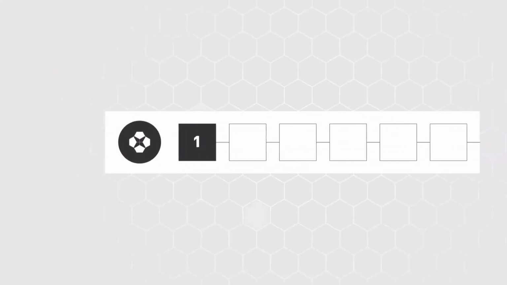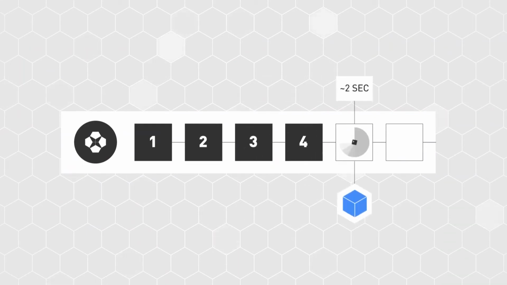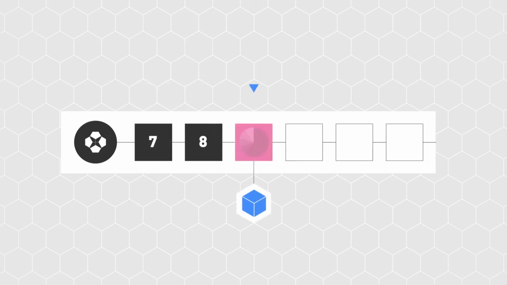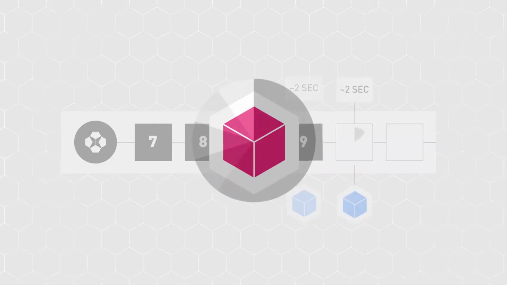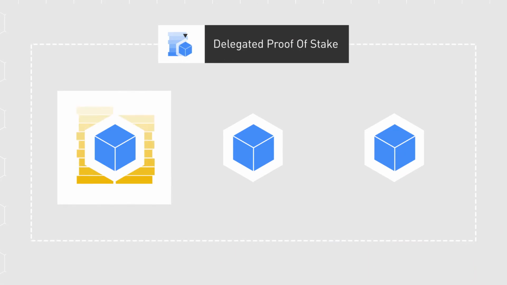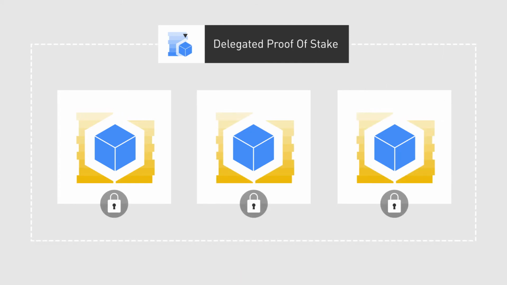Under normal conditions, and depending on the implementation, delegates take turns producing a block usually every few seconds. Each delegate is scheduled for a specific time slot. Delegates who misbehave or constantly fail to produce a block will lose their reputation and will be quickly expelled and replaced by another delegate. Depending on the DPoS implementation, some systems may require delegates to deposit a certain amount of funds as a stake to show their commitment. These funds are kept in reserve and will get confiscated if the delegates act maliciously.